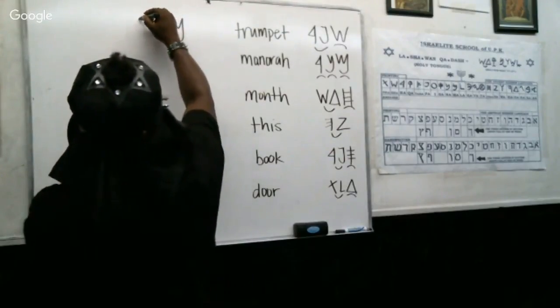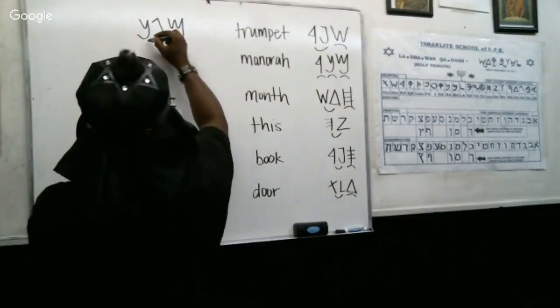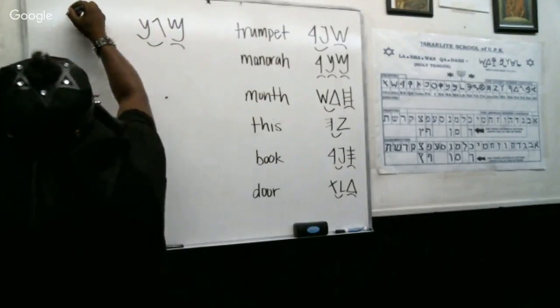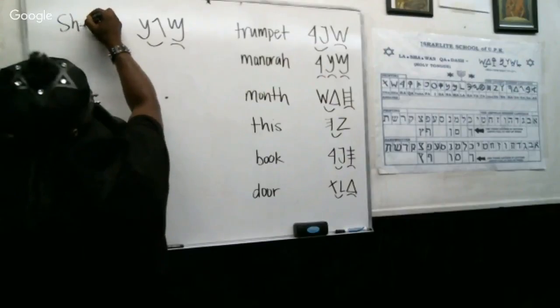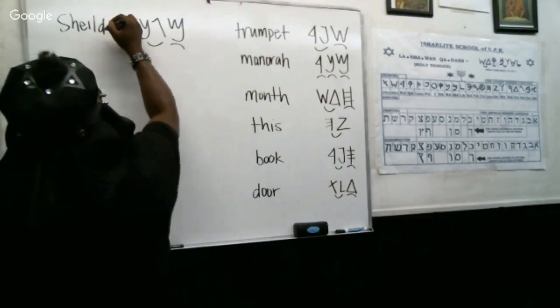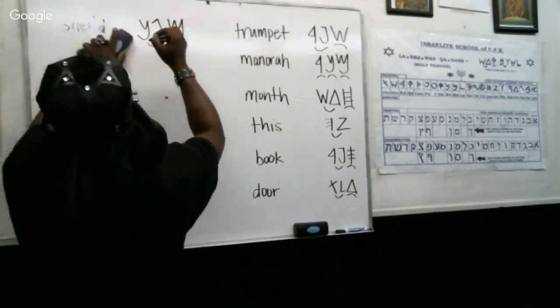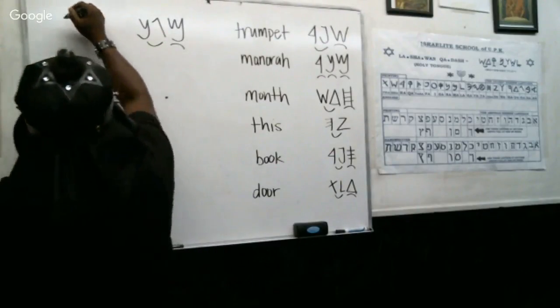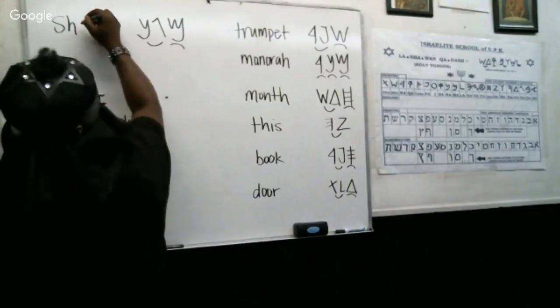All right, what else can I give y'all? Damn it, I forgot what city means. Forgot what city means. I'm gonna have to go back and get it, but we're out of time. Yep, Magen means shield.